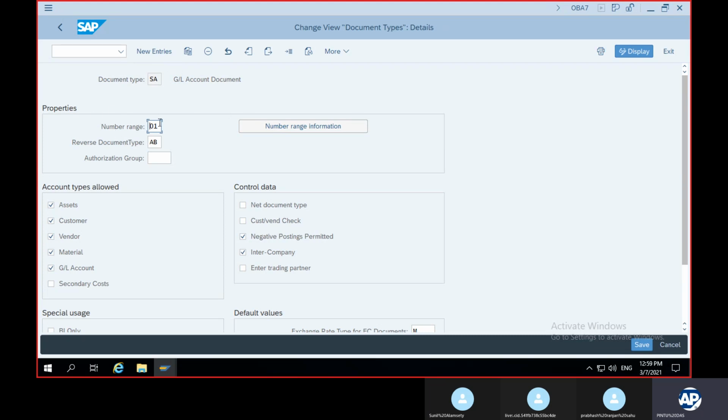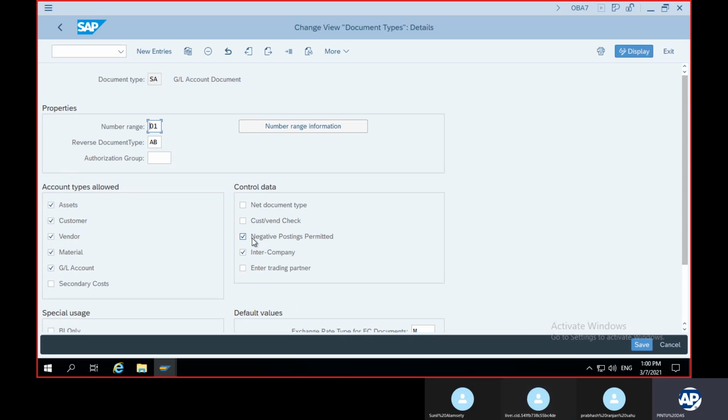For the number range, SAP automatically gives it. If you reverse by mistake, the reverse document will be AB. It is applicable for asset, customer, vendor, material, GL accounts, because we selected all in the posting periods. Do you remember? Yes, plus.